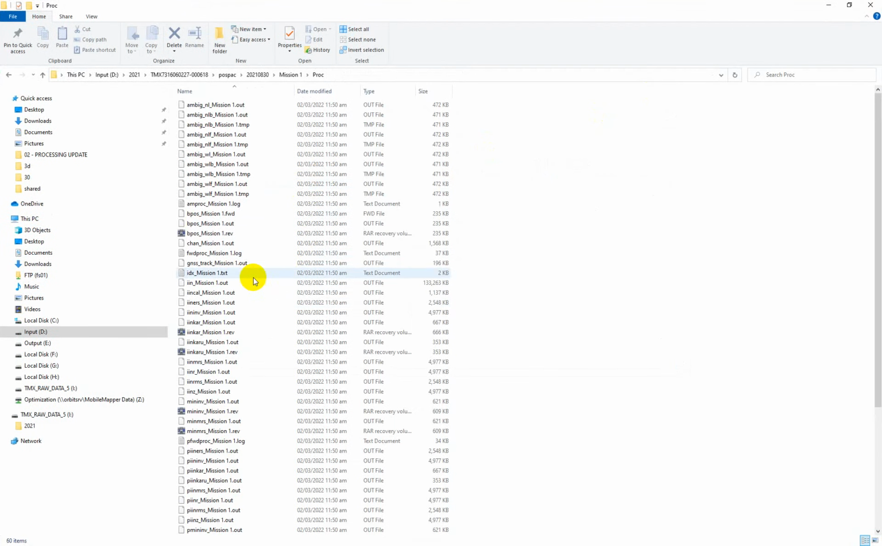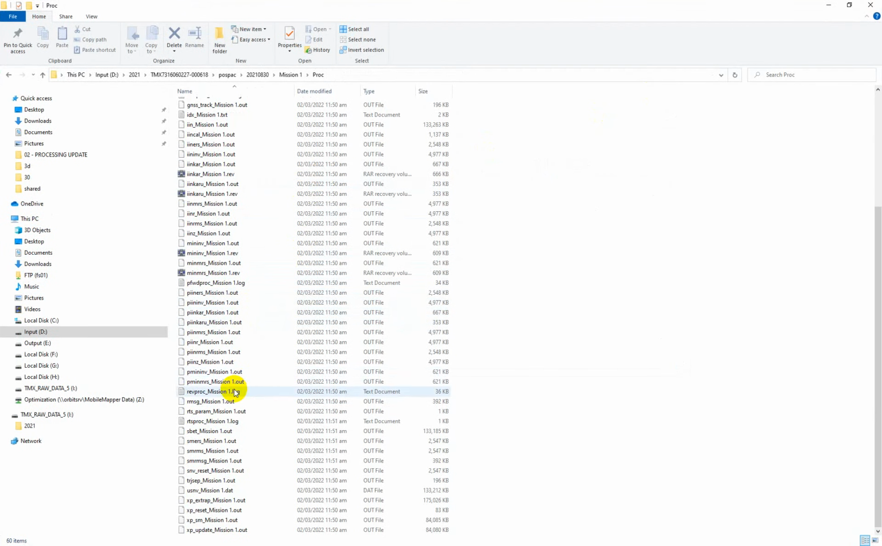Okay, so you look for the SBED, right? SBED underscore mission dot underscore mission 1 dot out, right? So that is the one that is SBED. You see we have different file formats here, but you are going to use the one that is SBED. So what I will do is you click on it, and then you come up here and click,